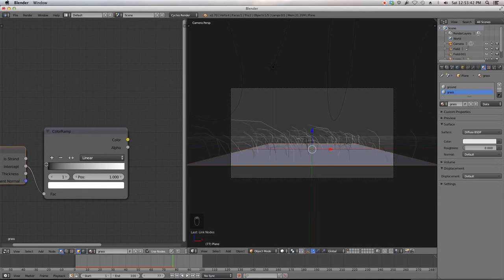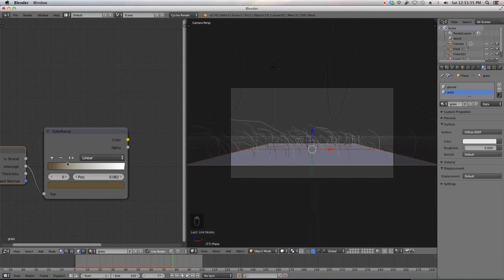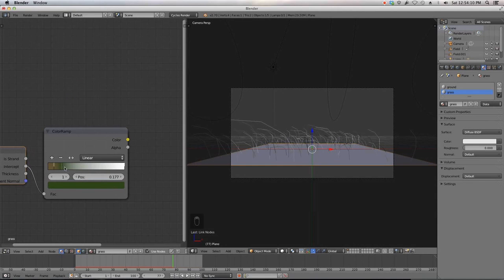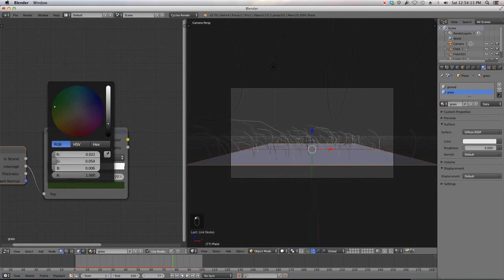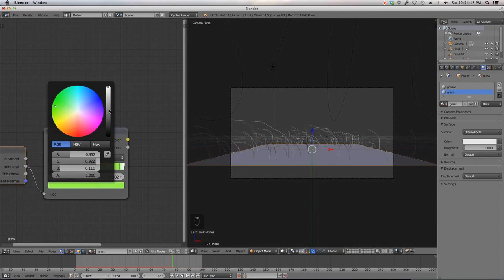So basically, look at this as your blade of grass, this being the base and this being the tip. Now, I'm going to take the black color and give it a deader looking green, something like that. And now, holding control, I'm going to add another slider in right here and give this a deeper looking green. These are just colors I've studied grass a little bit and noticed a pattern of how they grow. And the base is always a little deader looking. Then you have a deeper looking green. And the blade normally gets a little bit lighter by the top. So we'll go something like